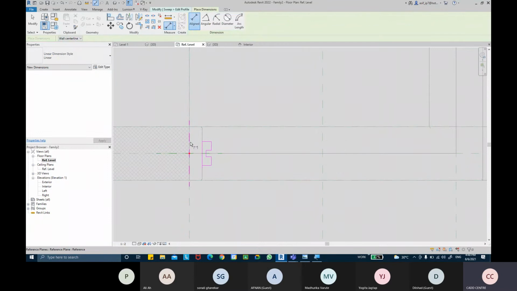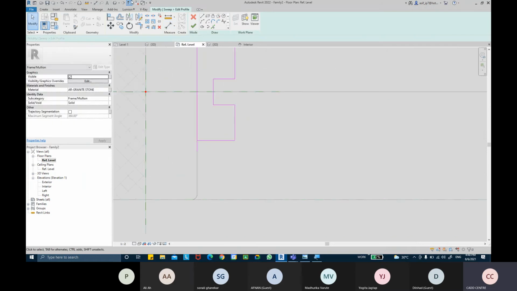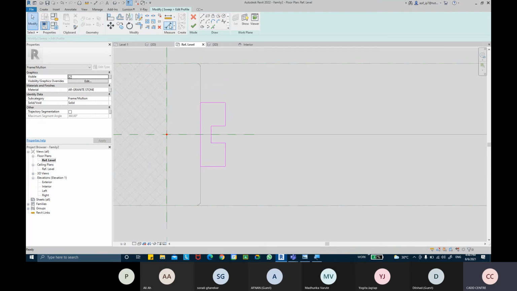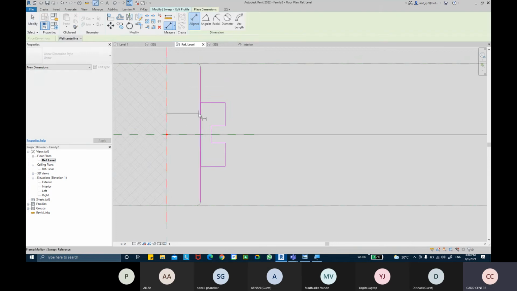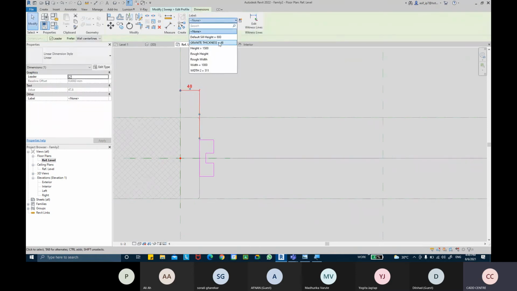So tab from the plane to the sketch line. The line is exceeding, so make sure that it doesn't exceed. Tab here. That would be my